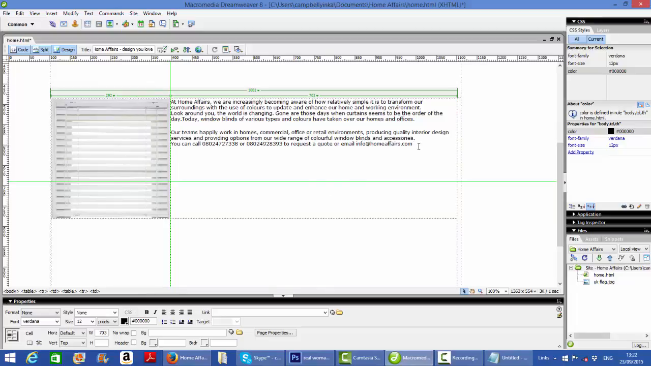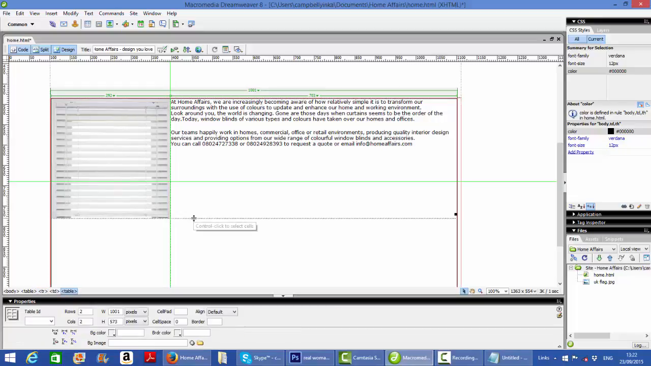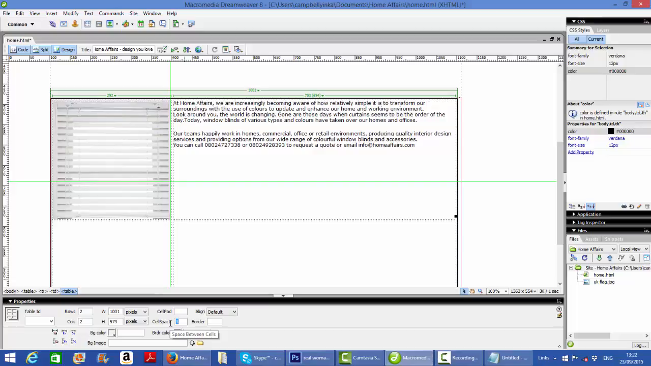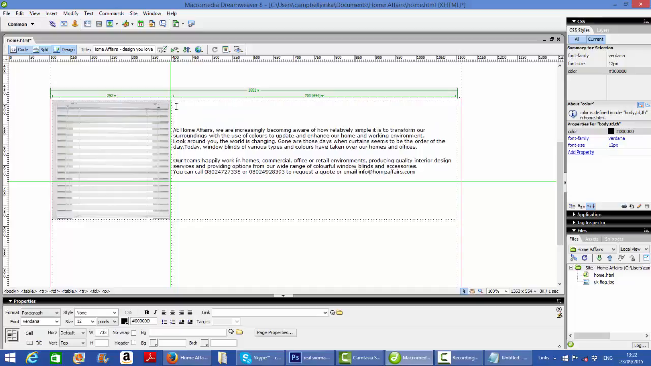Now as you can see, the text is in here right now, but it doesn't look too beautiful, and it's too close to our image. So what you need to do is simple. You click on this table, then you come here, change the cell space to 3, click on enter, then you come down here as well, click on enter, and you can now write welcome